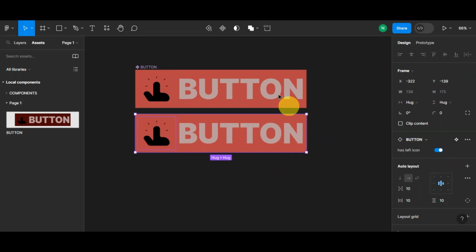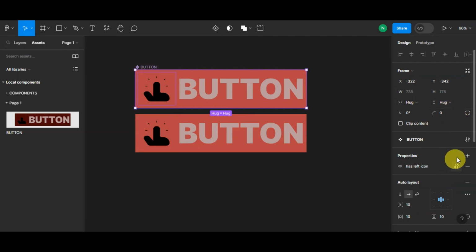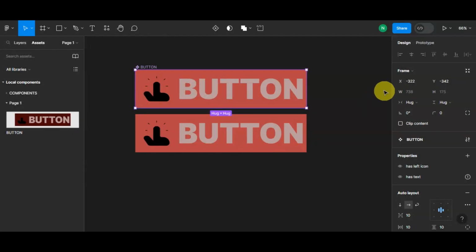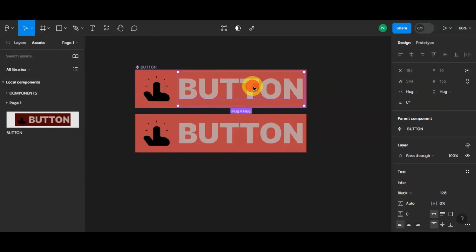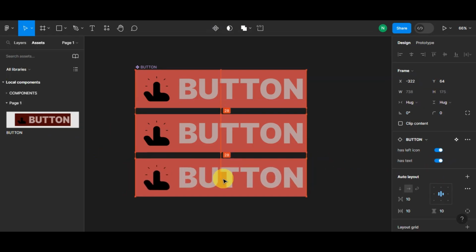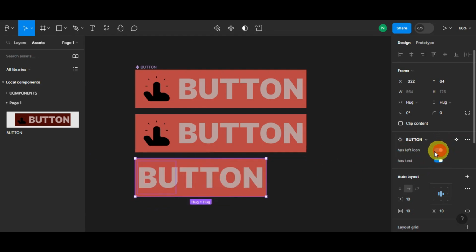So you could actually do the same thing with the text. So we're gonna go ahead and have the has text in here. Let's just click onto the button and then add in a property. Let's add a boolean. Let's add has text, and then right after, click onto create property. Right after that, we're just gonna go ahead and double click onto the button, click onto the layer in here, has text, and then right after, we're just gonna go ahead and drag and drop it in here, and then you're gonna go ahead here on to the button part, and you'll be able to toggle off the text in here. You'll just see this icon, so you can turn that one on and then turn off the icon as